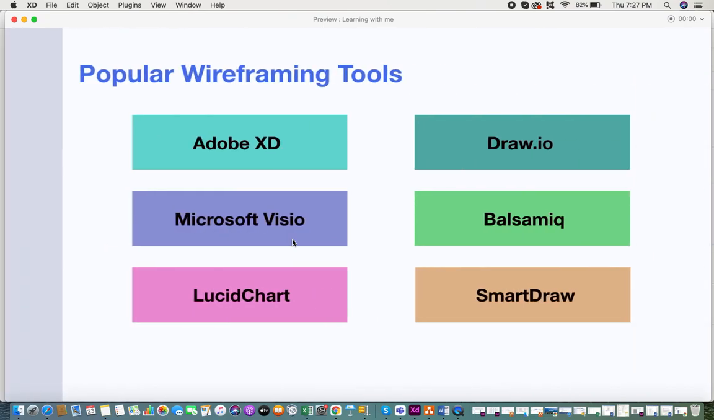Lastly, I would be giving you information on the popular wireframing tools that are out there. It's Adobe XD, Draw.io, Microsoft Visio, Balsamiq, Lucidchart and SmartDraw. Using any of these wireframing tools, you can go in for wireframing. Most of them are very easy to understand and grasp, with a low learning curve. So you can go in with any of these softwares and start wireframing. So this is a little bit of information on wireframes, how they are useful and what the do's